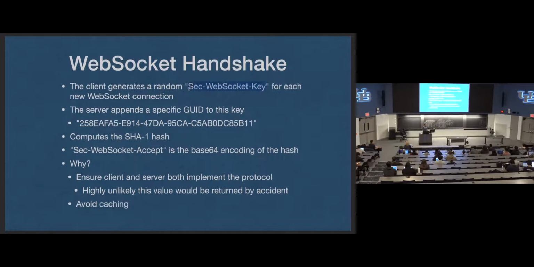And we're going to see that the messages we send over WebSockets have a lot of randomness to them. Again, to avoid caching, we want to bust that cache. Caching is usually good for performance and everything, but with WebSockets, we don't want any caching. So there's quite a bit of randomness involved in the protocol to make sure that doesn't happen.